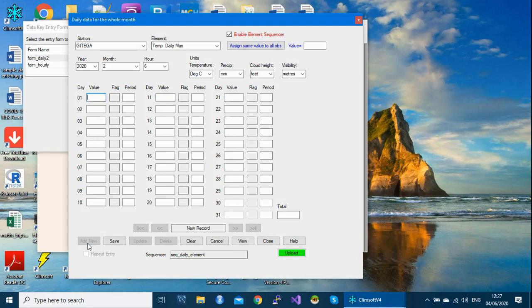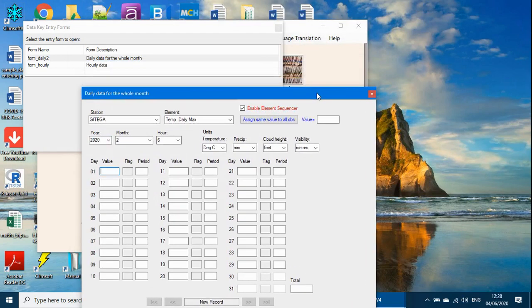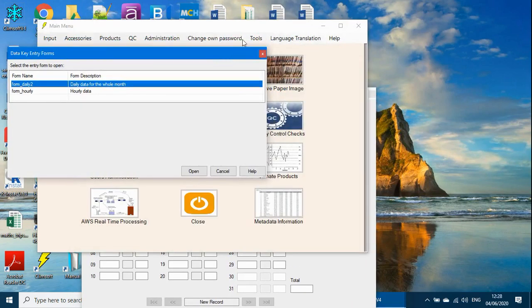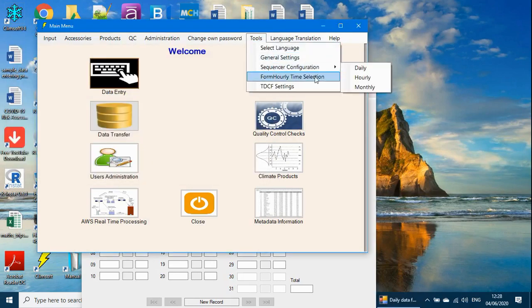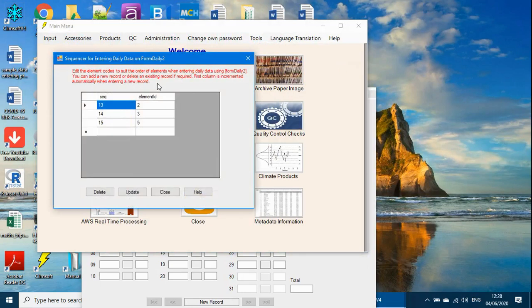You see, after clicking add new, it changes the date and goes to the first element of the sequencer. This is the way I set it under the tools. So start with maximum, minimum and precipitation, go to the next date, start maximum, minimum, precipitation, next date, and so on. This is how the sequencer works and how to configure it.